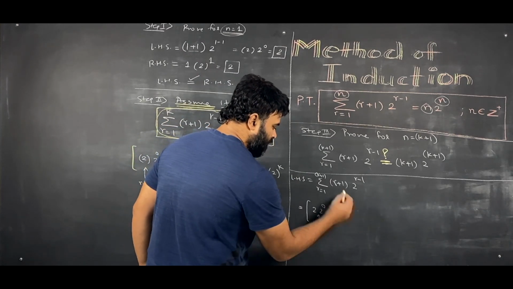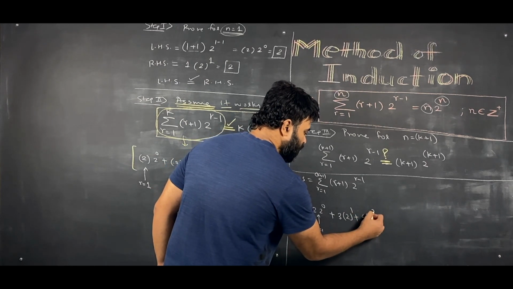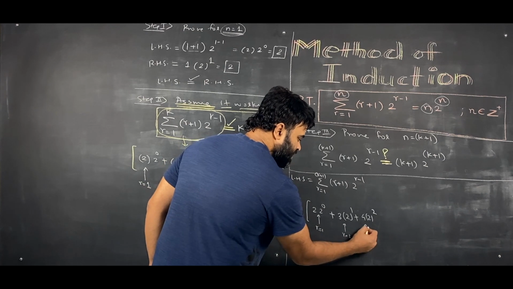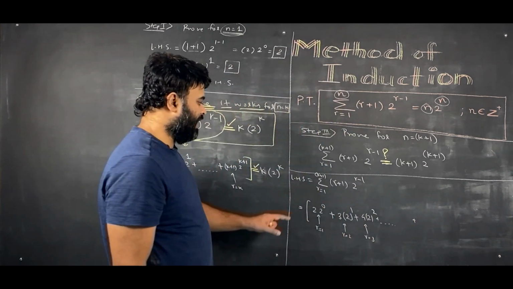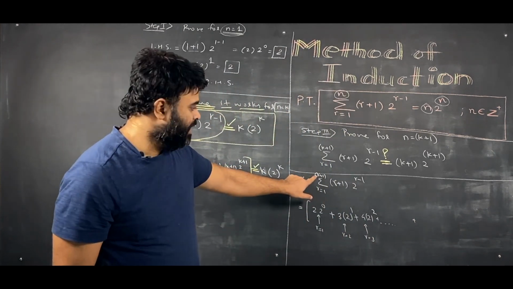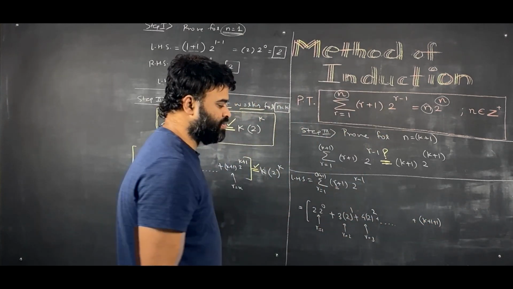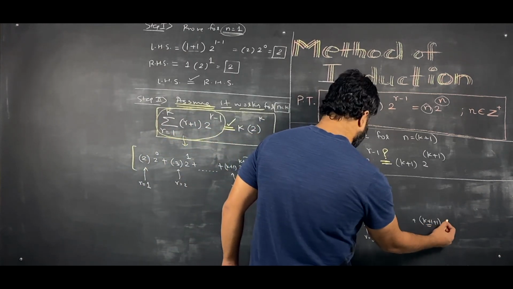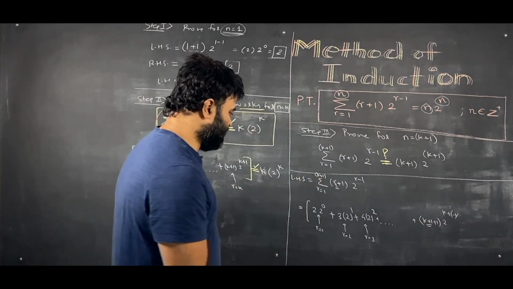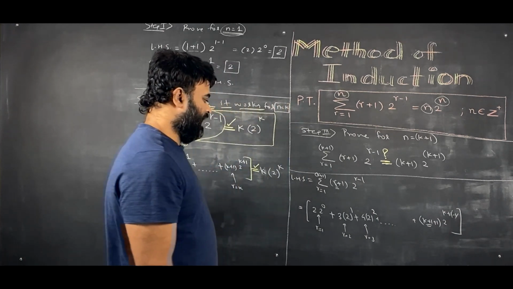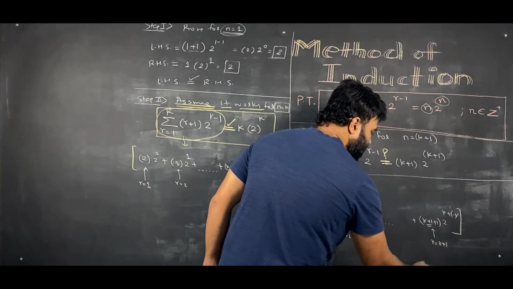Plus, then r equal to 2. So this will become 3, 2 raised to 1. Then 4, 2 raised to 2. This is for r equal to 2, this is for r equal to 3, and on and on and on. So the last term you will put is r equal to k plus 1. Now when you do that, this will become k plus 1 plus 1. I put here k plus 1, and that's what I get here. And this will be 2 raised to k plus 1 minus 1. I think you see it will cancel out. And that's basically what I got, the LHS. And the last value I got is for r is equal to k plus 1.